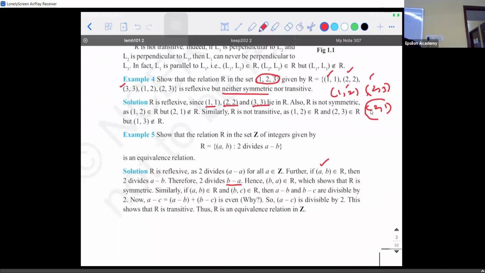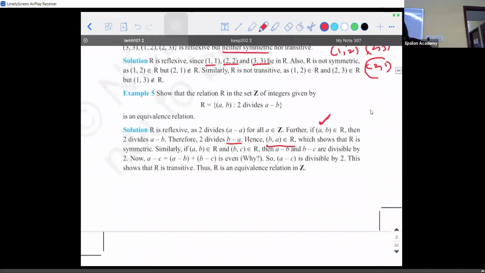Next. So if A comma B belongs to R, as stated by us, then B comma A also belongs to R, it's a conclusion by the question. Next, what is the third one? If A comma B belongs to R, B comma C also belongs to R, then we can conclude A comma C also belongs to R. If you have any kind of a doubt in these kind of questions, I suggest you to take numbers and check. Okay. One small change, what we can do is, you can give examples.